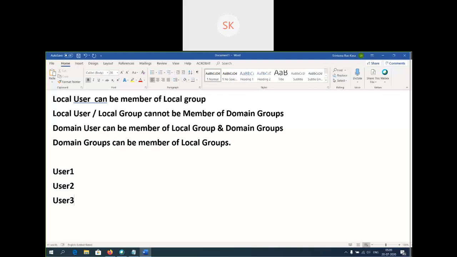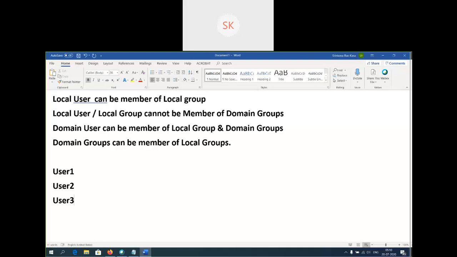To log into other servers, what is the primary thing? Whatever server or system you are trying to log into, even a desktop, you can notice whether it is part of a domain or part of a workgroup. By default, all desktop systems, generally in your home, will show as a workgroup.